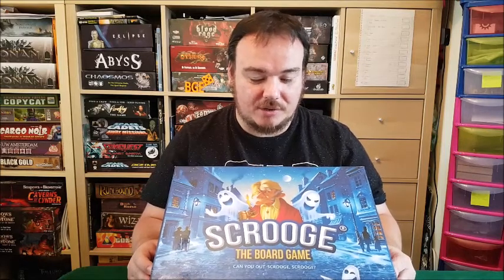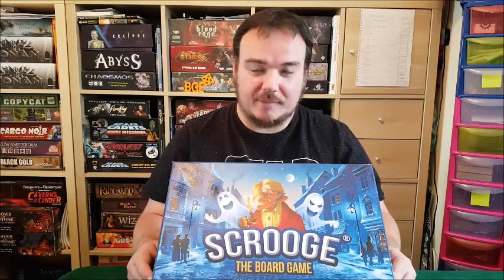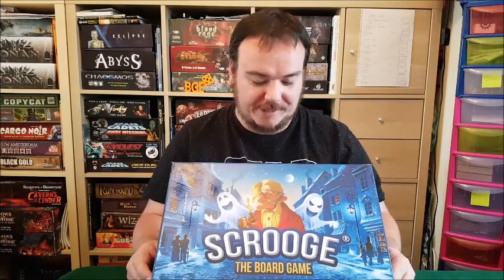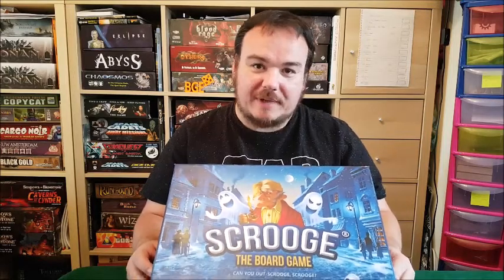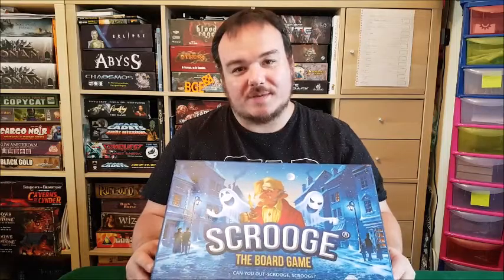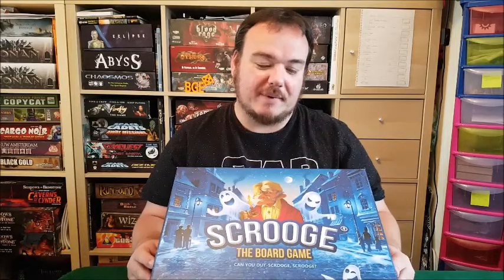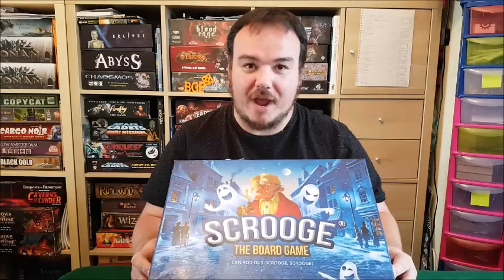Today we're going to be showing you the rules for Scrooge the Boardgame. It's designed by Jason and Simon Gehring and their father Peter. What we're going to be doing is playing as lovable characters from the Dickensian novels, from Oliver Twist and Scrooge. And we're going to be bustling through the centre of London trying to show Scrooge the error of his